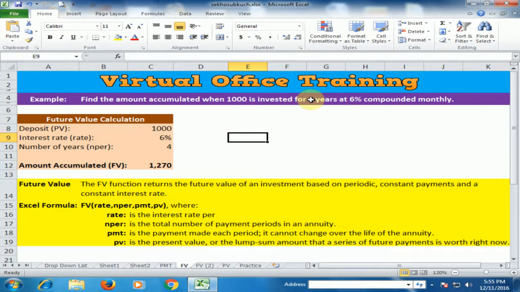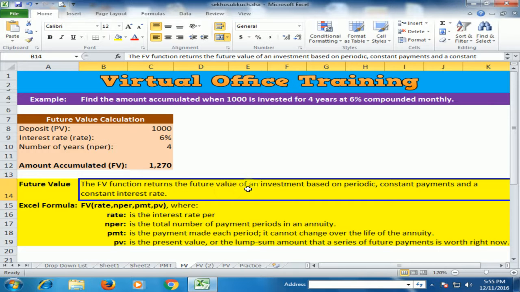Today we will learn how to calculate a future value of any investment. Here is the future value definition. The future value function returns the future value of an investment based on periodic constant payment and a constant interest